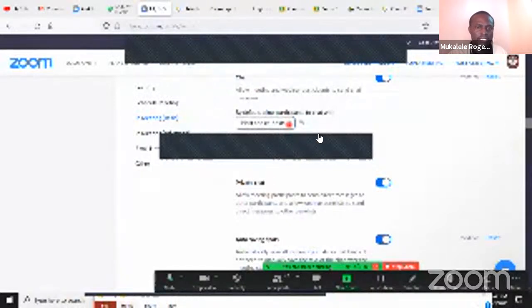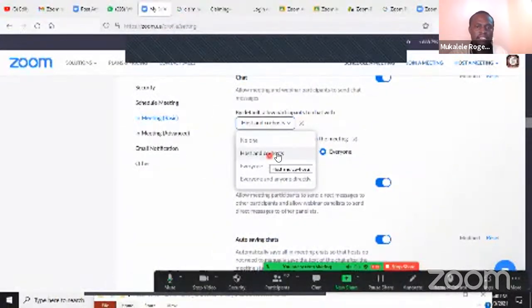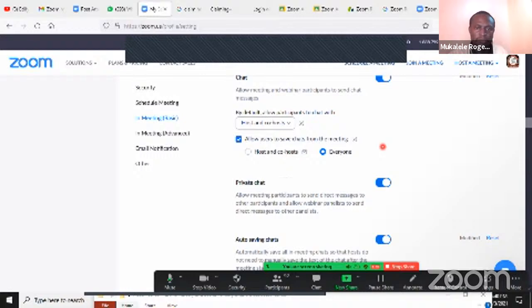You can set that by default so that the admin does not have to be doing it every time whenever he's on call. So you can set that accordingly. So allow learners,